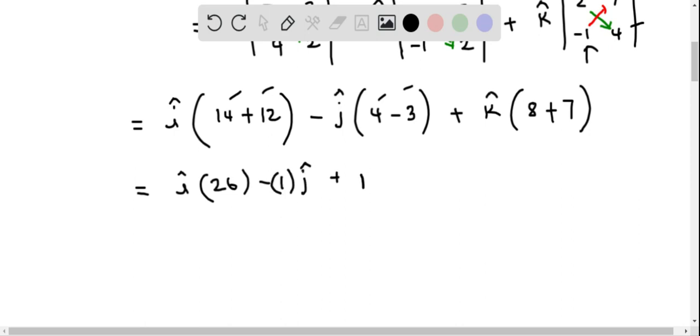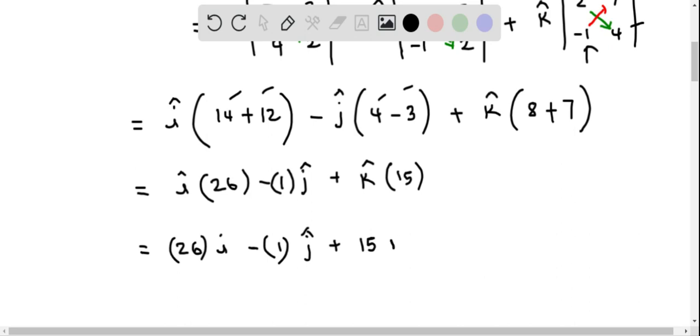We then have plus k. 8 plus 7 is 15. So we can write this as times 15. Or otherwise we put this in the form 26i minus 1j